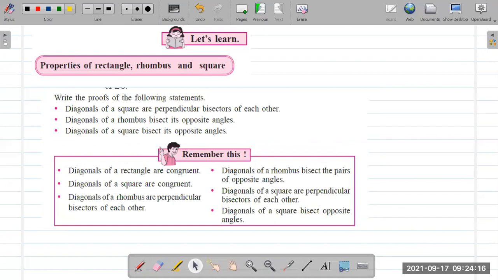Okay, now something very important. Notice this part. It's in your textbook. Just a minute, let me tell you the page number. So the page number for this is 68. Okay, on page 68, this part, write the proofs of the following statements, is omitted. Okay, so before this there are two, three theorems, they should be studied, but you don't need to look at this part. All right, and what are we going to look at now?